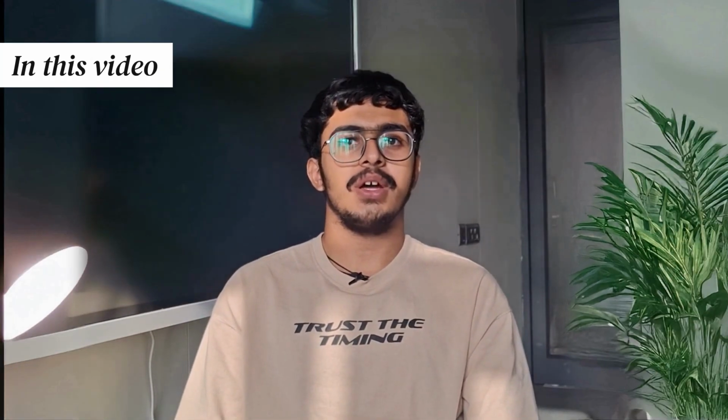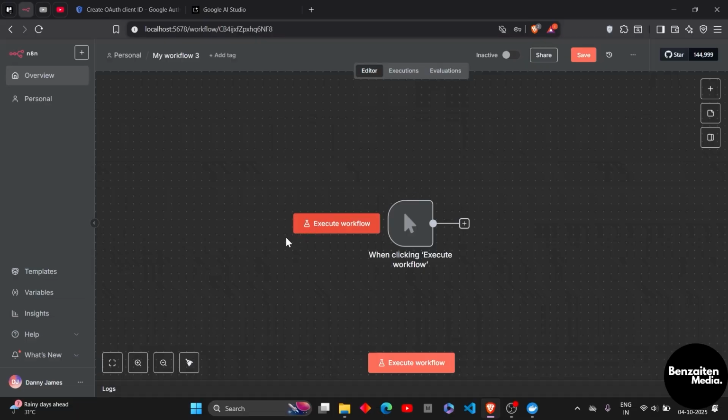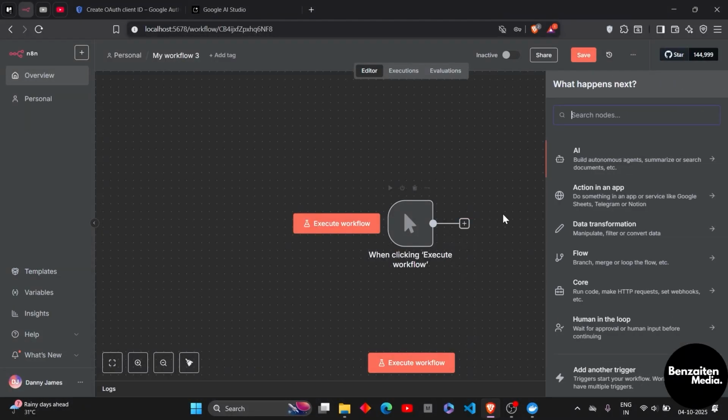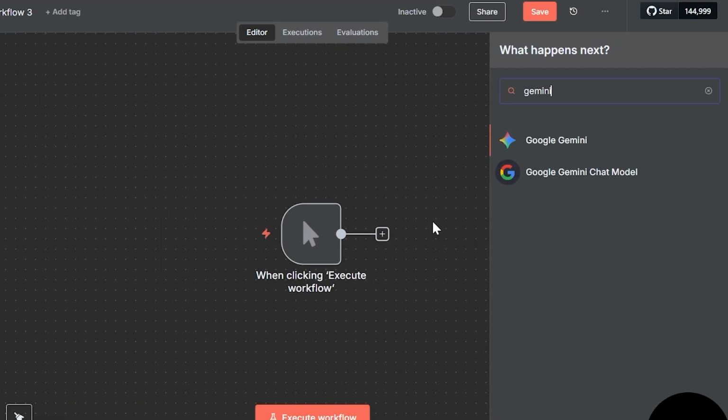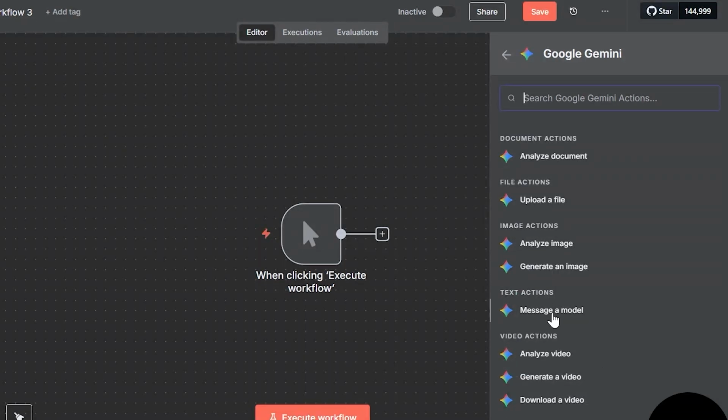I'm going to show you how you can connect your Gemini AI to your n8n. So first, you need to head over to n8n's website, and then you need to create a new workflow. After that, you need to click on this plus icon and then search for Gemini. After searching for Gemini, you need to click on this Google Gemini, and then you need to, let's say, message